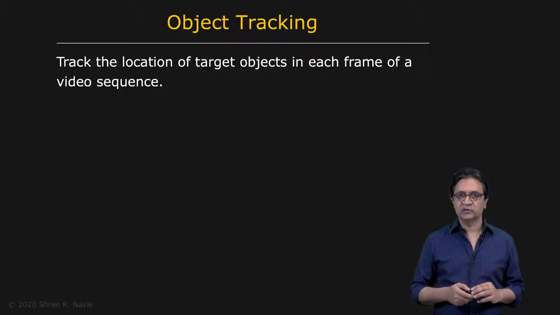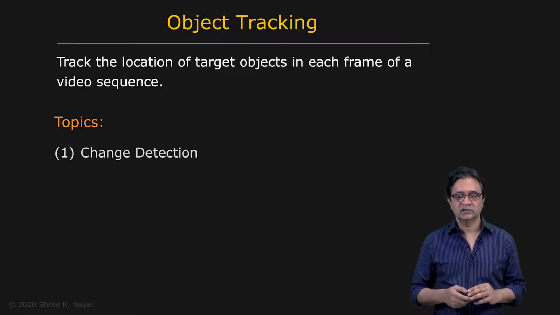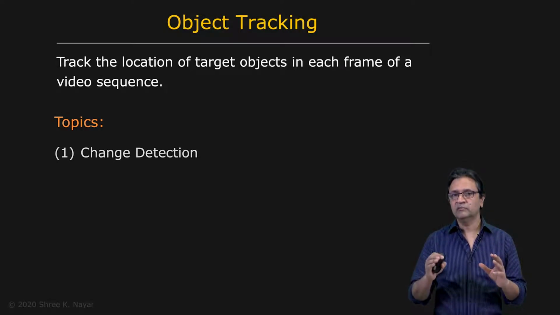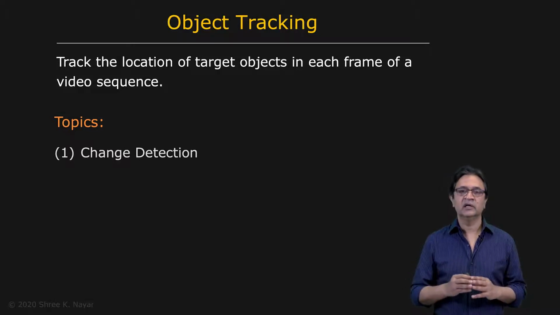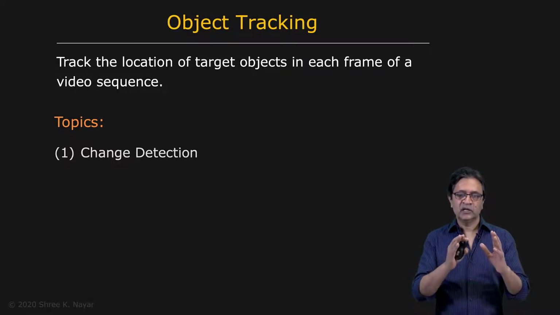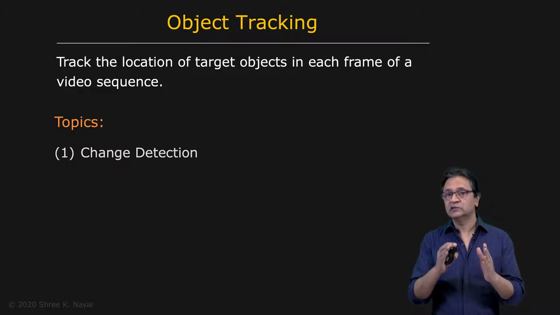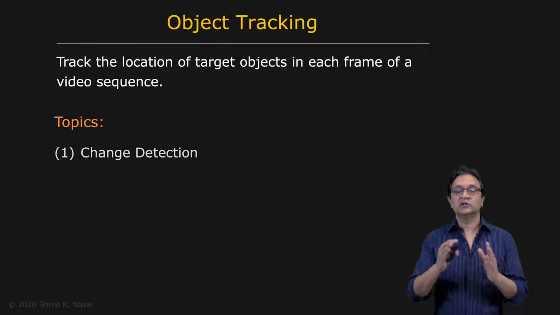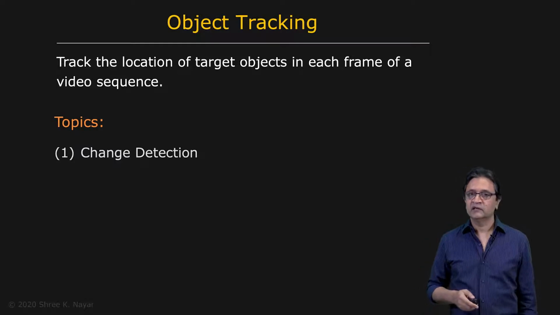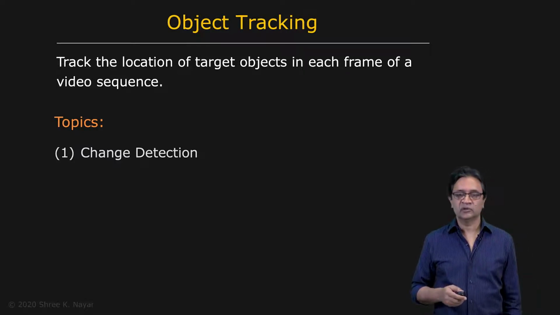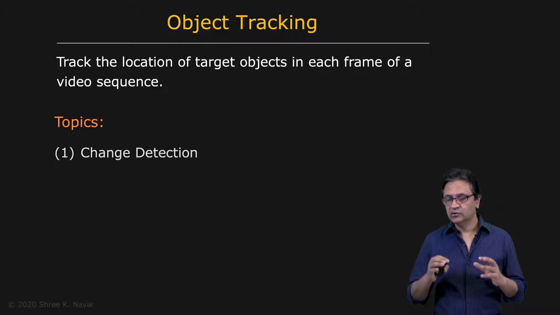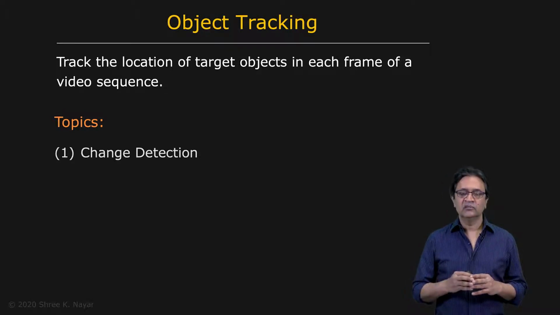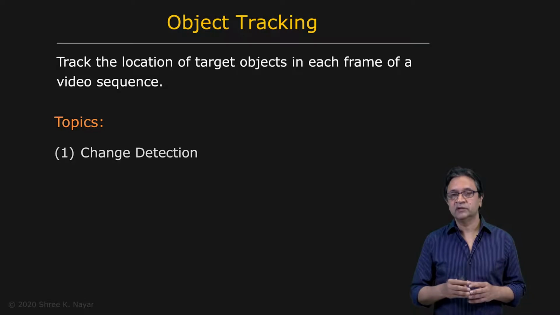So the first thing we want to talk about is called change detection. We first want to detect what meaningful changes are actually happening in the scene. Perhaps one of these meaningful changes corresponds to a region or a person, an object that we would like to track over space and time. Now, it turns out that this is not an easy problem. There are very simple, commonsensical ways that we can approach the problem, but in order to actually come up with a useful, resilient solution, we need to be able to model the intensity variations at each point in the image.